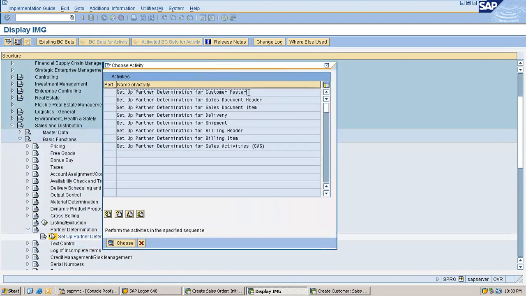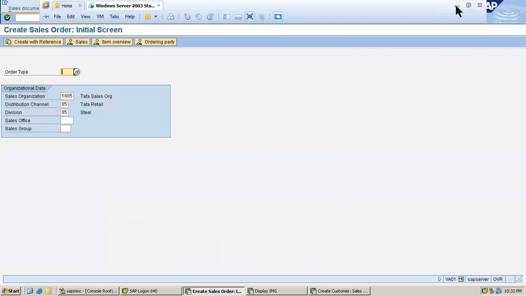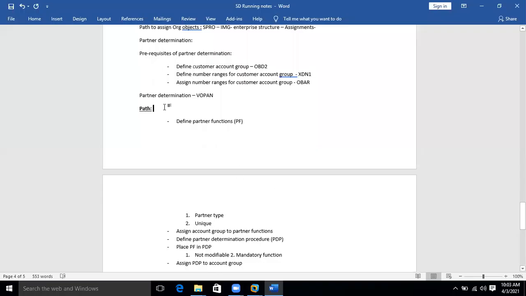So let's say I'll copy this as it is. So just to follow, I don't think I can copy it. If I copy it, that will be good. So I can. Okay.